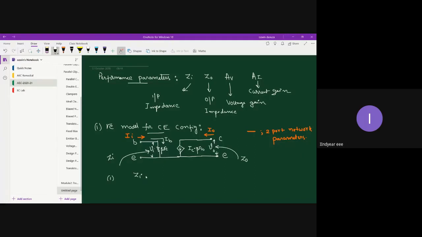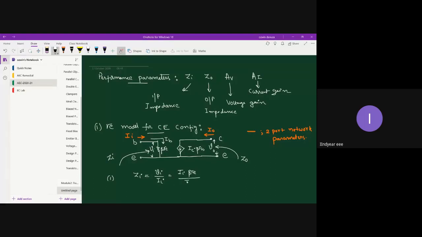Input impedance Zi, by definition, is Vi by II. And what is Vi? Vi is the voltage across the resistance beta RE, which is current into resistance, so that is II into beta RE,